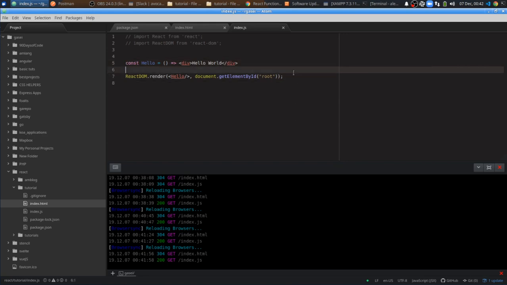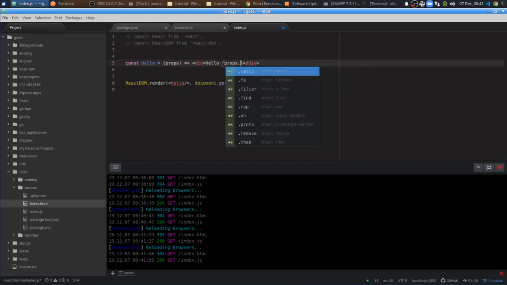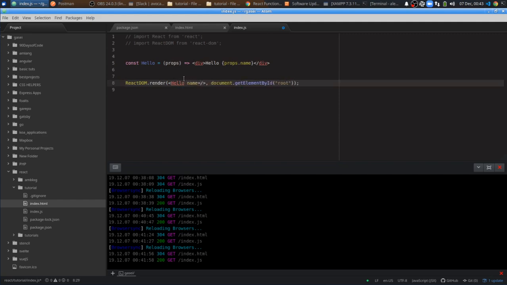Now with that, another thing I can do is add what's called props. There's going to be two ways of thinking of variables in a React component: there's props and there's state. The way I like to think about it is that props are variables that are passed down to the component from the outside. So if I wanted to pass in props, I would type in, let's say, props, and then instead of Hello World, we'll say props.name, and then I should be able to just do name equals